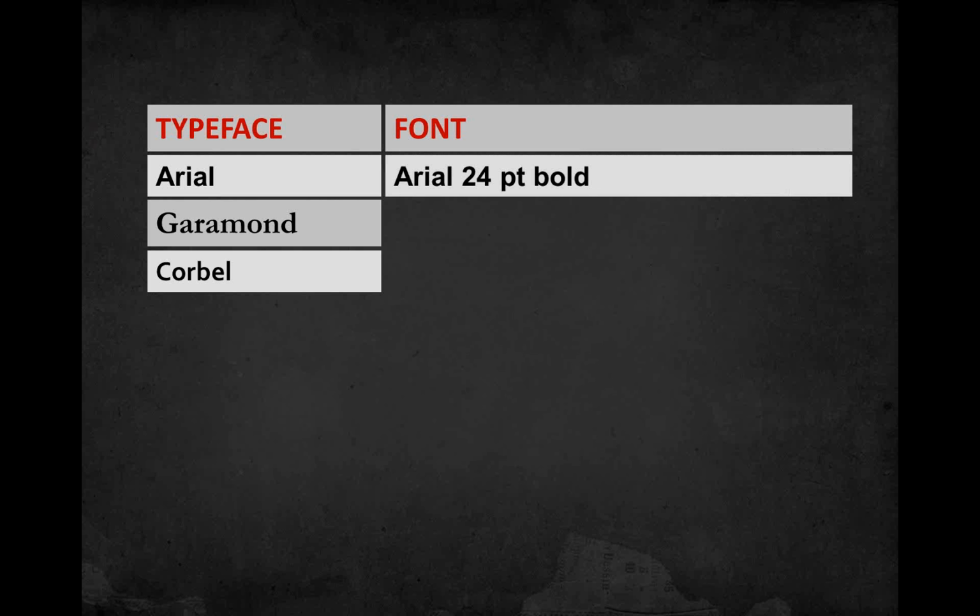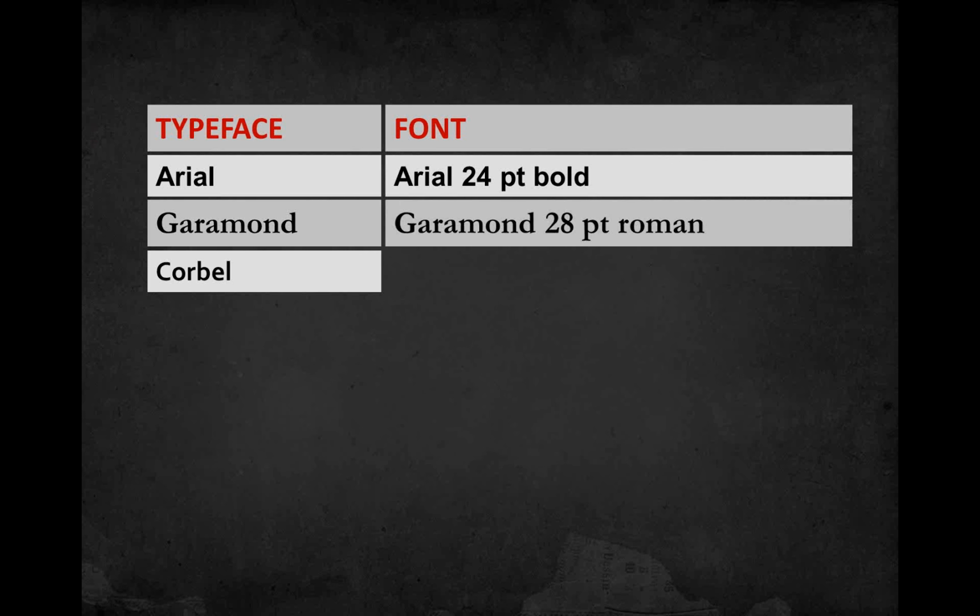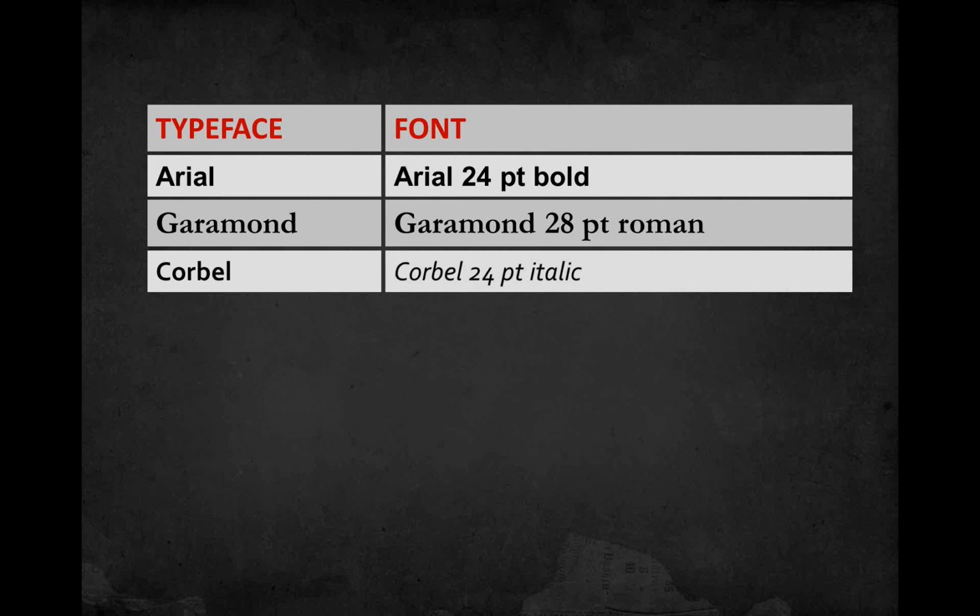And this comes from the days of printing presses before everyone could become a designer with computers. So for the typeface Garamond, an example of a font would be Garamond 28-point Roman. So a specific style, Roman means the letters up and down, just straight, like regular, and a specific point size, that's the font. You could act uppity sometime when you're speaking to a graphic designer. Corbel 24-point italic, that's the font, and the other is the typeface. I just wanted you to know that, because as you continue in this field, you'll hear people say typeface, people say font, and you'll just know what they mean, or at least that they're using it synonymously.